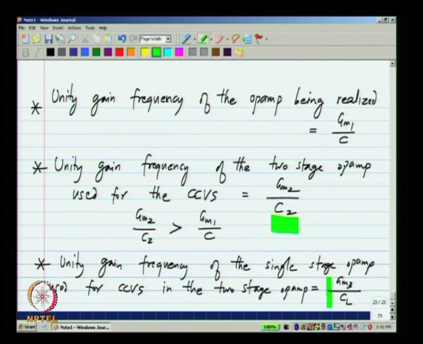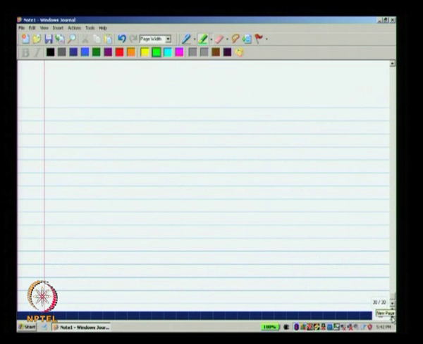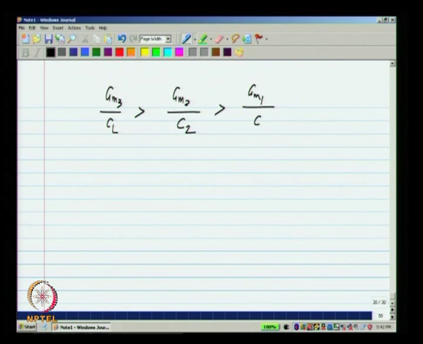In fact, for the two stage op amp we did a rigorous analysis, found the second pole, and this is the approximate value that we got. Okay. Here I am only going through the intuitive stuff. In fact, if you evaluate the expressions you will see the exact condition, but what this finally says is the innermost op amp should have a unity gain frequency that is more than the unity gain frequency of the inner op amp, which has to be more than the unity gain frequency that you are trying to realize. Okay.